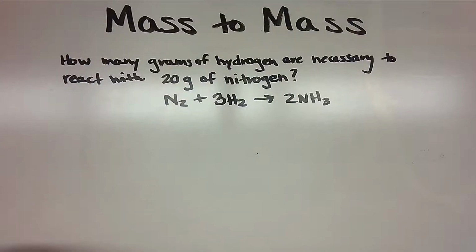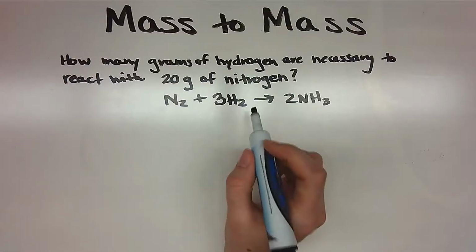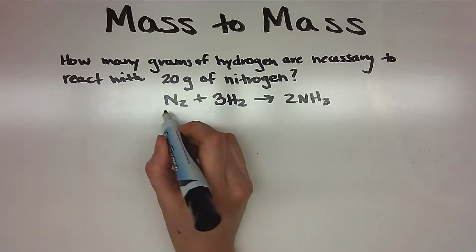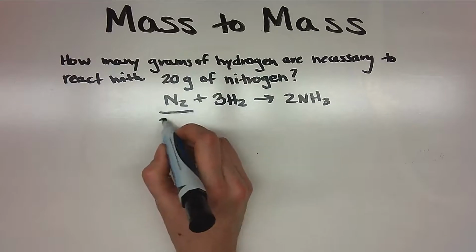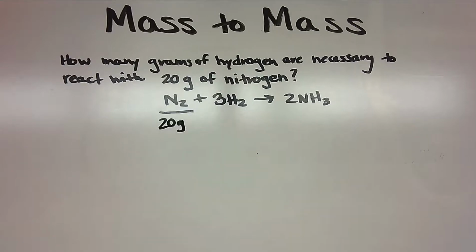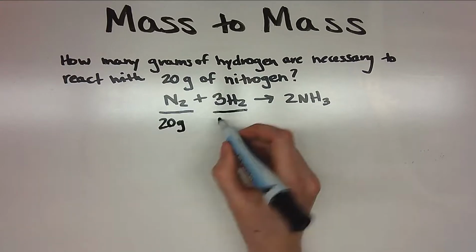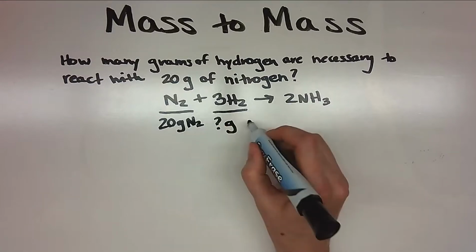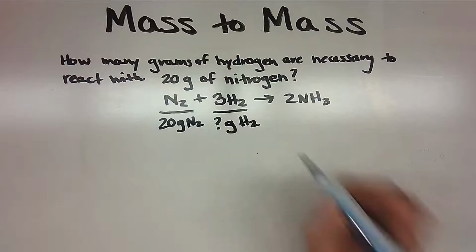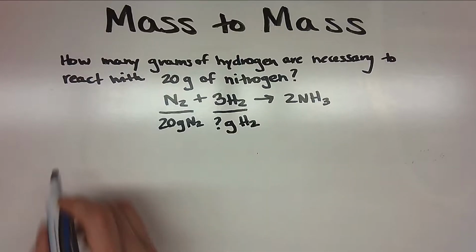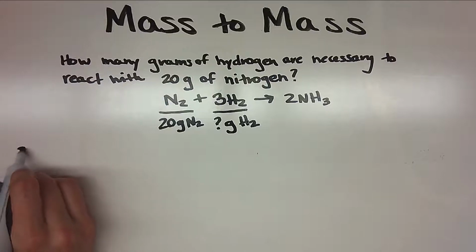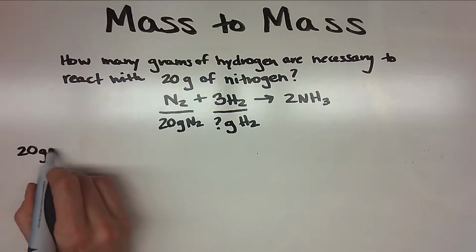So we're asked how many grams of hydrogen are necessary to react with 20 grams of nitrogen. So I'm going to underline nitrogen. I'm starting with 20 grams. And I'm asked to find the number of grams of hydrogen that I need to react with this amount of nitrogen. So as always, go ahead and write down what you're starting with. We are starting with 20 grams of